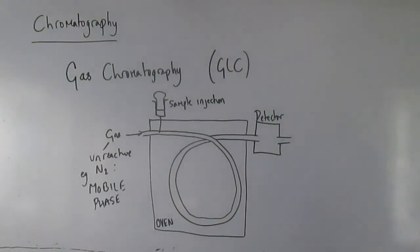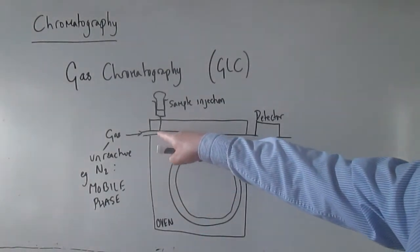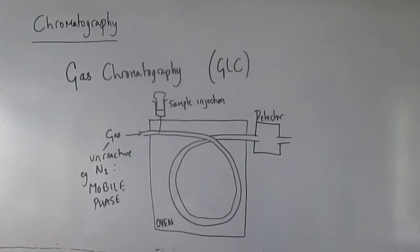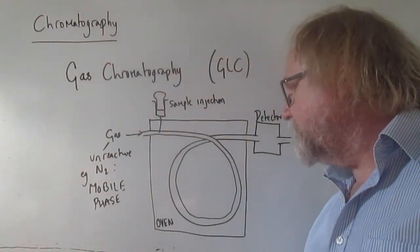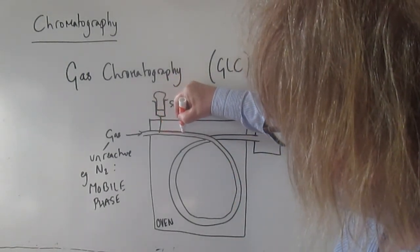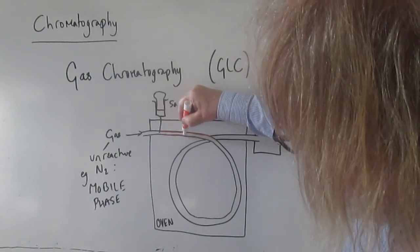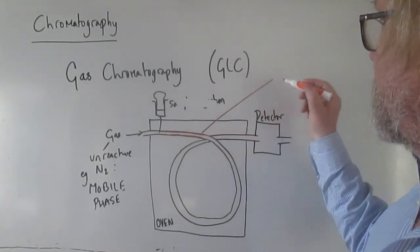That's the idea. If that was all there was to it, then of course all that would happen is the substances would vaporize here and they'd all get carried along at the same speed through the column, and they'd all emerge out at the other end at the same time, and it would all be a pointless exercise. So what you need is a stationary phase, something which is going to slow them down to different extents on their journey through the column. And the stationary phase is a lining of this tube. On the inside wall of the tube, and I won't draw it all the way around, lining the inside of this tube, what you typically have in a gas chromatography system is a layer